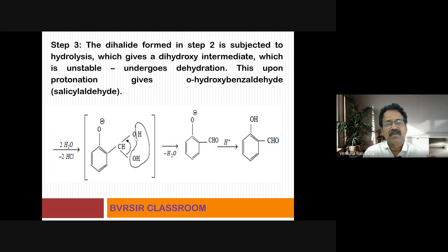Then what happens? The water molecule will be eliminated. That is a dehydration reaction. When dehydration happens, that is, removal of water has taken place like this, now we are left with C, H and O. What are the species remaining? C, H and O. The CHO is nothing but an aldehyde group. Removal of water gives rise to this aldehyde group.